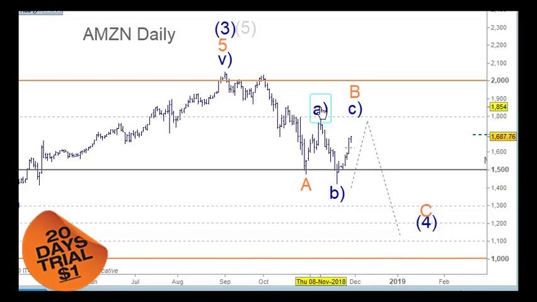So an A wave and a B wave and a C wave here for the B wave. So Amazon should come back up and test close to the 1800, but anywhere above the 1720, 1730, it's going to start being a little bit sluggish, because with all trends, there's a beginning, there's a middle and an end. And obviously we can see the beginning here and the middle would be about here. So the end is in the process now. So yes, corrective,